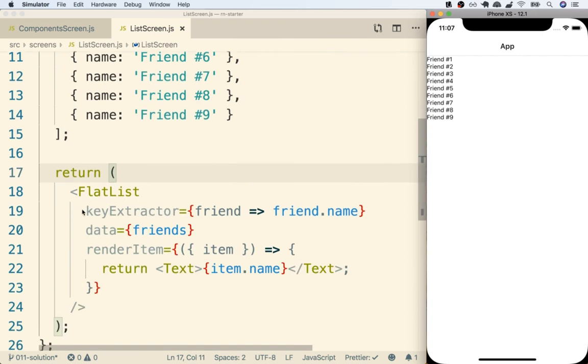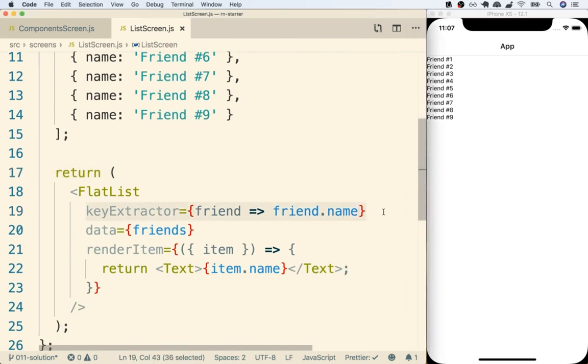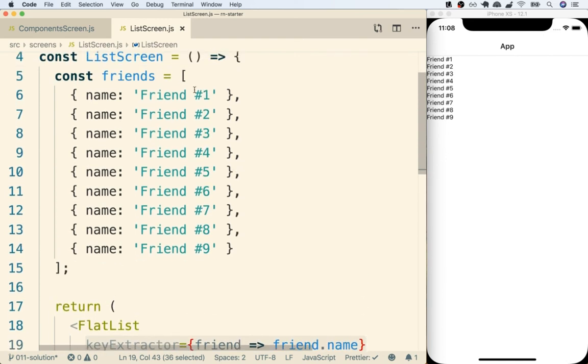In this course, you and I are going to kind of favor this key extractor approach because it's one tiny line of code, and it doesn't require us to modify these original objects right here. In general, whenever we're working with some data like this, some array of objects, we really want to keep just the data related to that object inside the object itself. So what I mean by that is right now we have an array of friends.